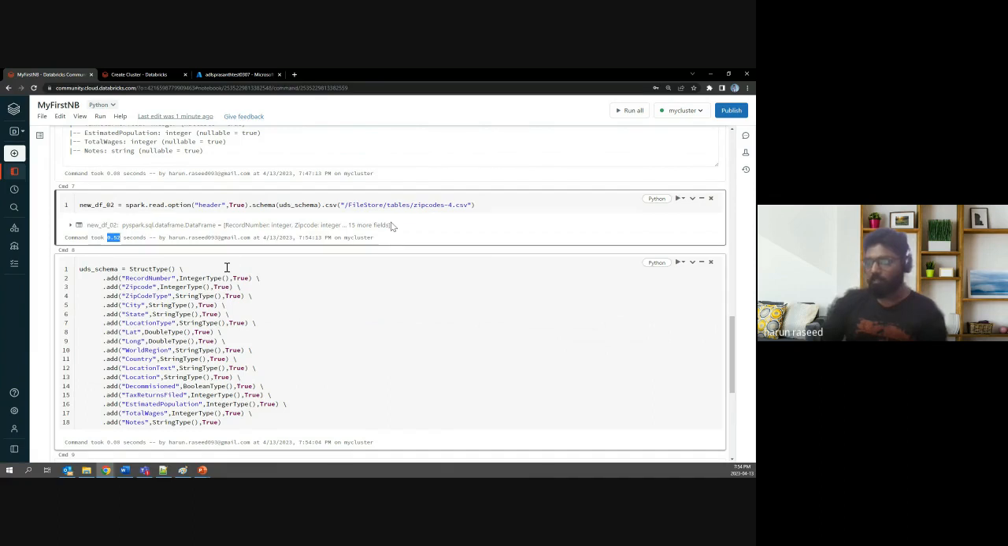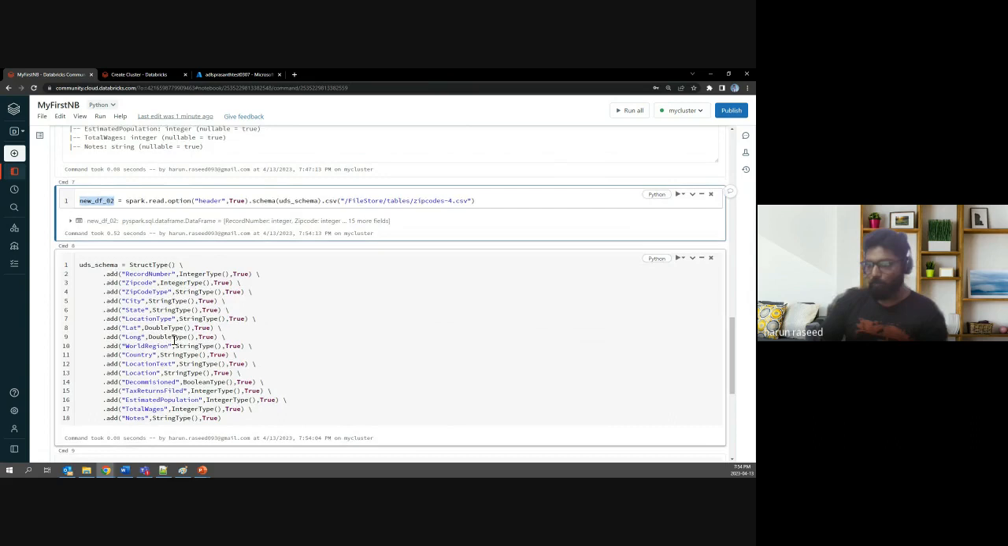Just a kind of simple optimization. It's not an optimization, it's a good way of writing, reading the file. So now I have read the file. So now if I go here,